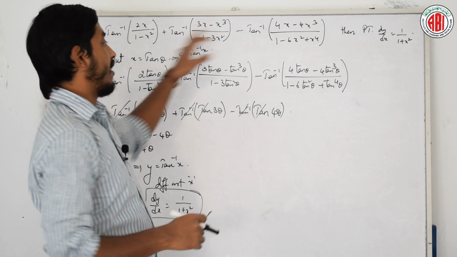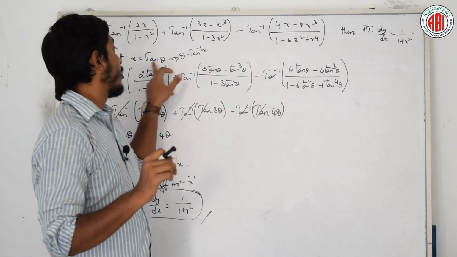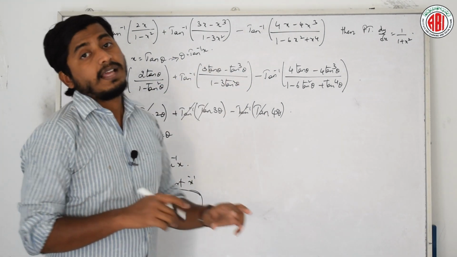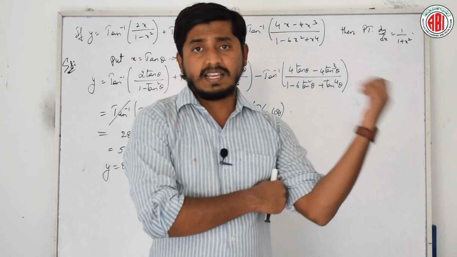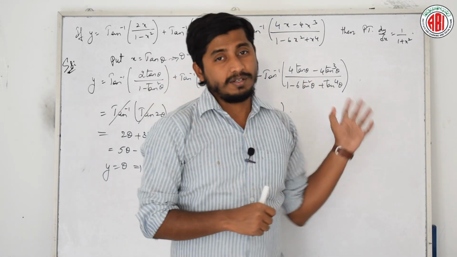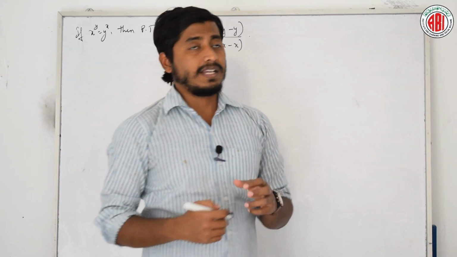The question is very long, but the only thing we have to remember is to put x is equal to tan theta, just substitute it and simplify. You will directly get the answer. Is it clear? Is it not easy to solve? Fine. This is a basic problem. Shall we move on to the next problem? Let's do. Look at this next question here.